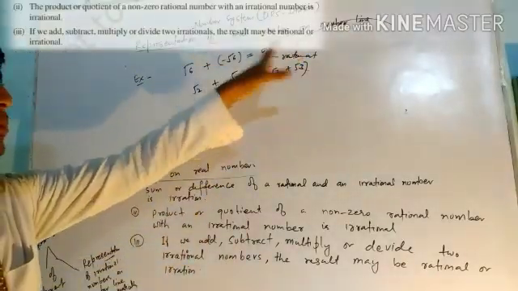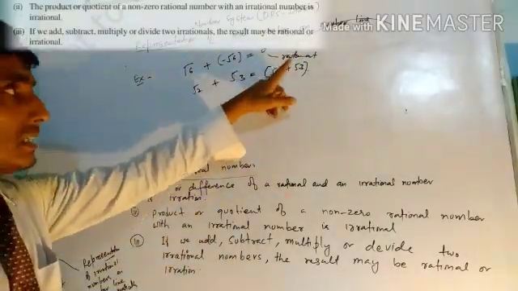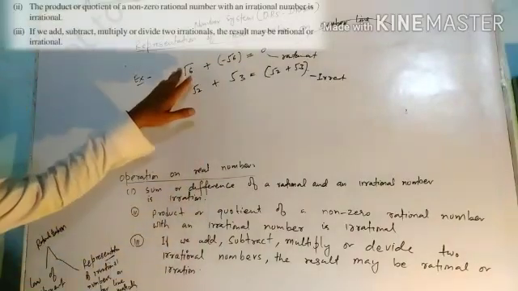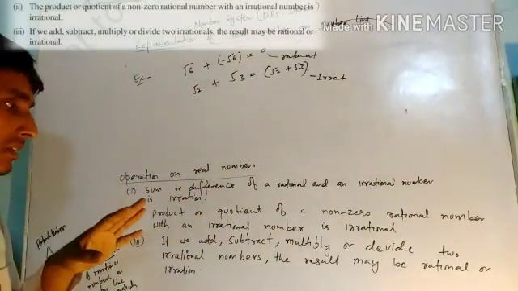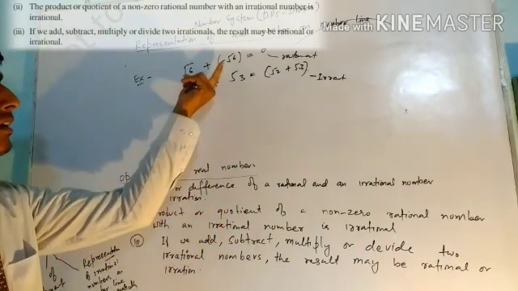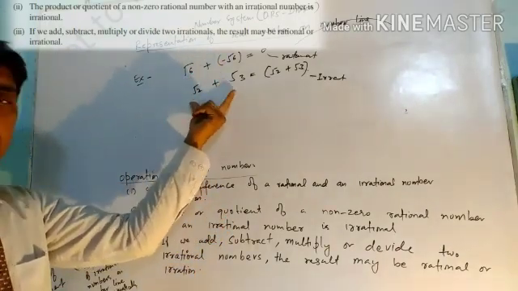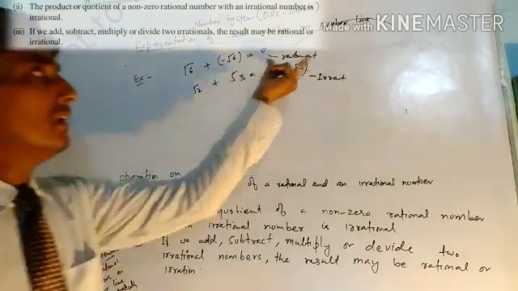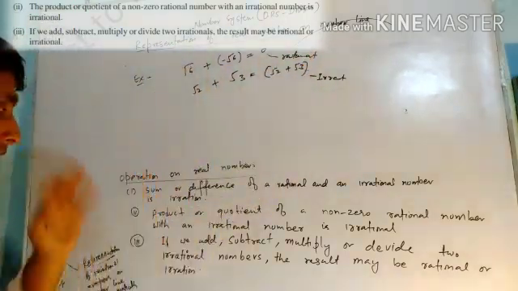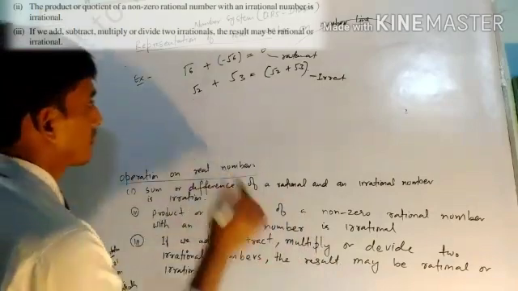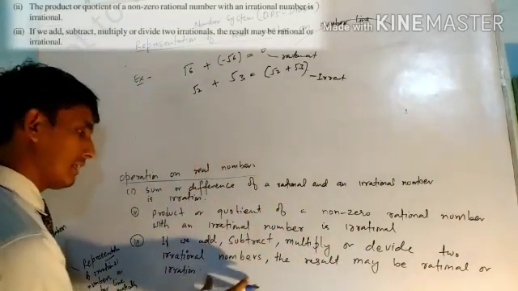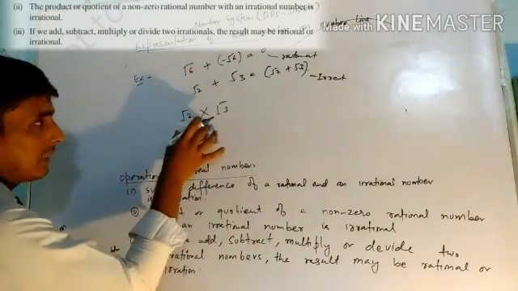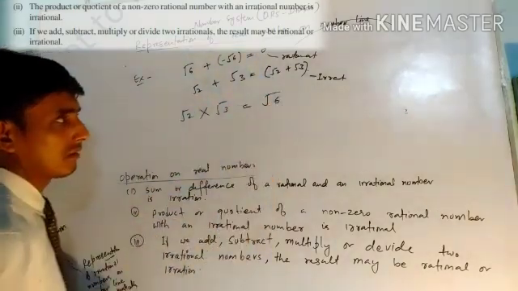So you can get both types of numbers, whether rational or irrational, if you are adding or subtracting two irrational numbers. So the result depends on the numbers. If both the numbers are irrational, if you add or subtract them, the result can be rational or irrational. Also, if both numbers are irrational, for example, we have root 2 and root 3, if you multiply them, you will get root 6. That is an